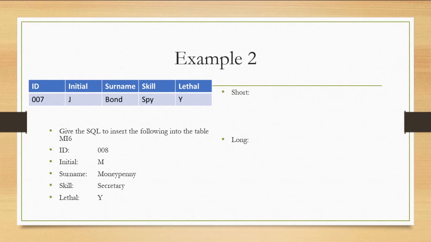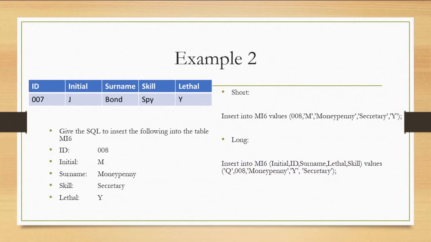Okay, let's look at some answers. Insert into MI6 values '008', 'M', 'Moneypenny', 'secretary', 'Y', each with single quotation marks around it. This is the shorthand. For the longhand, we've got insert into